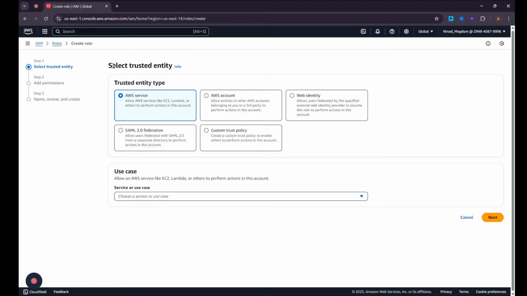Now, the first thing we need to provide is the trust entity for this role. The trust entity is nothing but where you are allowing some of the services of AWS to perform actions on other services of AWS. So this role will be used by AWS Glue. We are going to provide AWS Glue access to perform activities on the S3 bucket and also on CloudWatch, because we are going to give the policies of S3 and CloudWatch